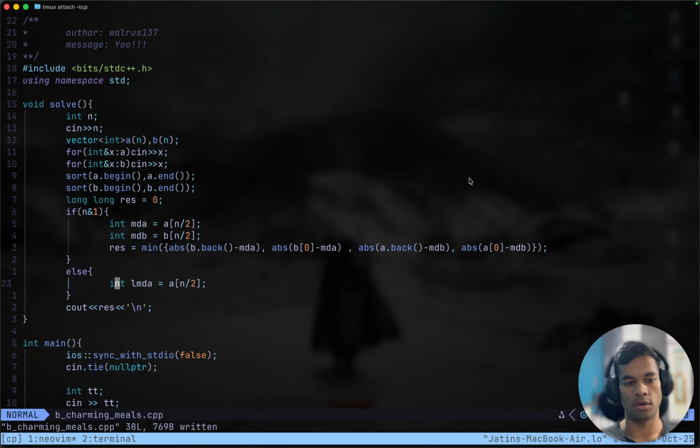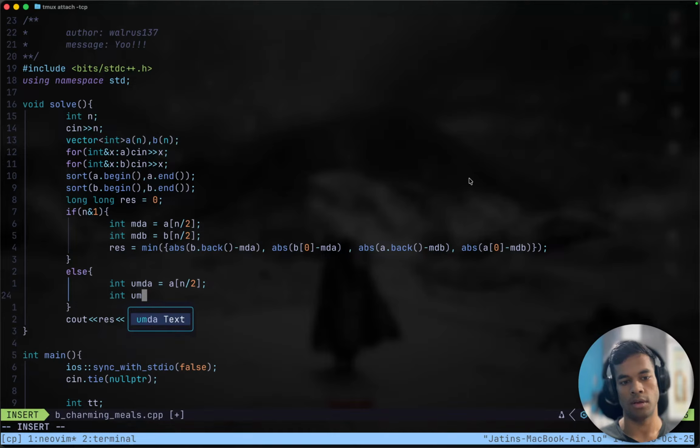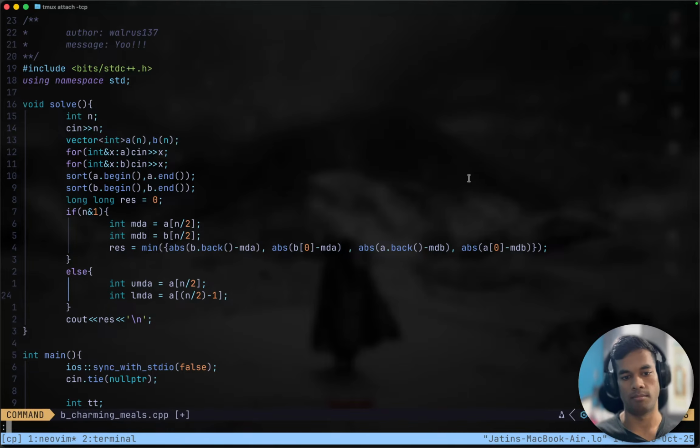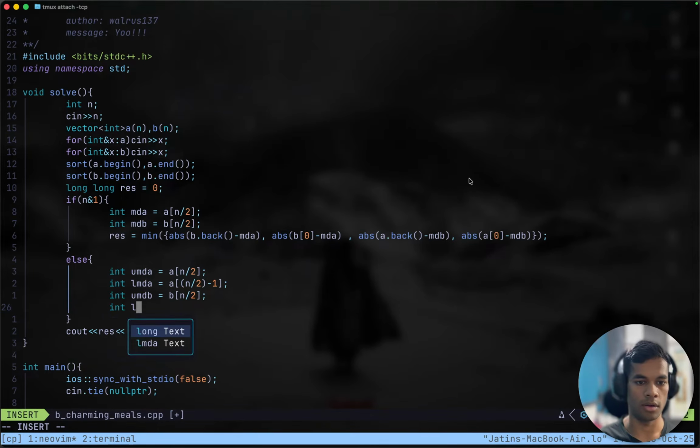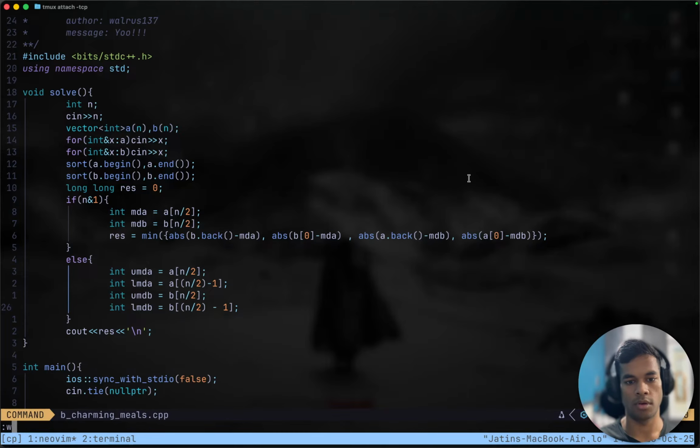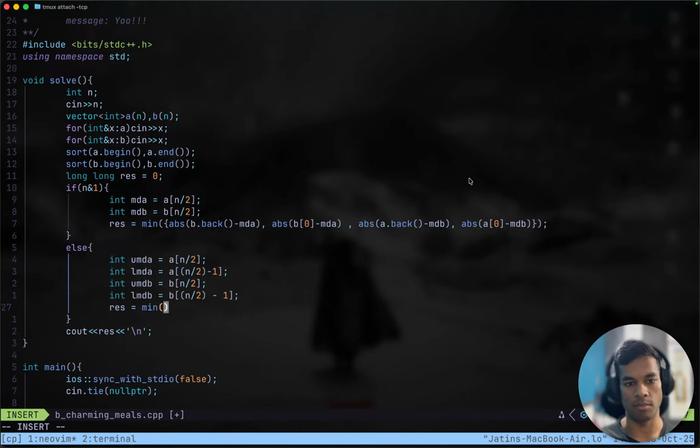So this is not lower, this is upper, and int lower median in A would be equal to A[n/2 - 1]. Right, and int upper median in B would be B[n/2], and int lower median in B would be equal to B[n/2 - 1], and the rest would be minimum of, we have to go through every single pair